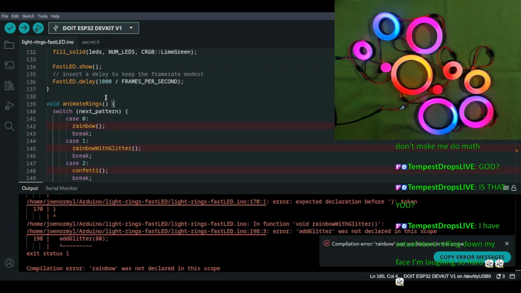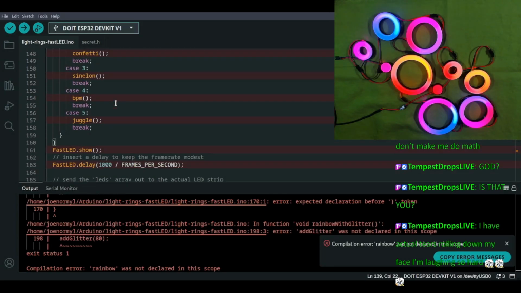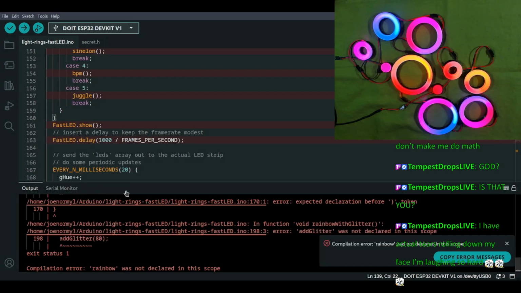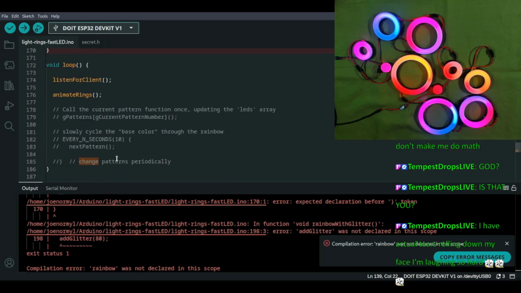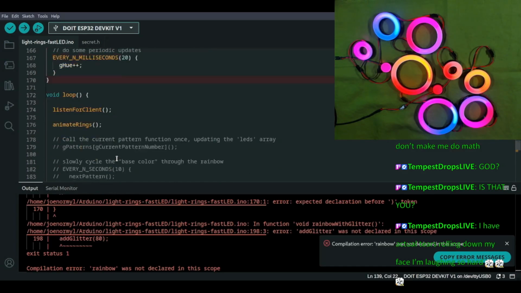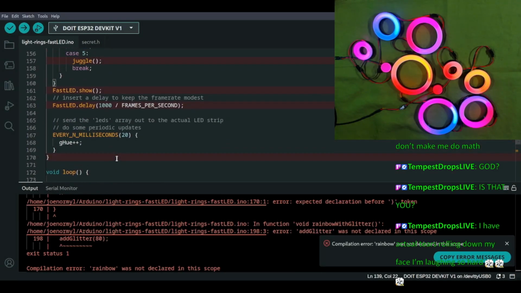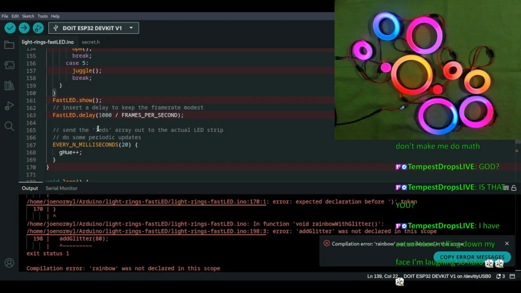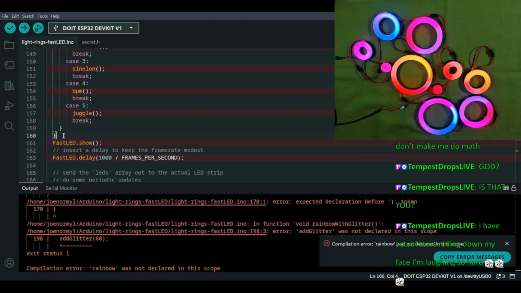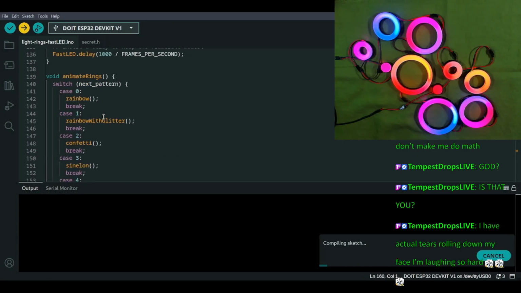Rainbow is not declared in the scope, which means we definitely have the same thing going on as before. There is somewhere an extra, maybe here. Control F. I think that should be it.